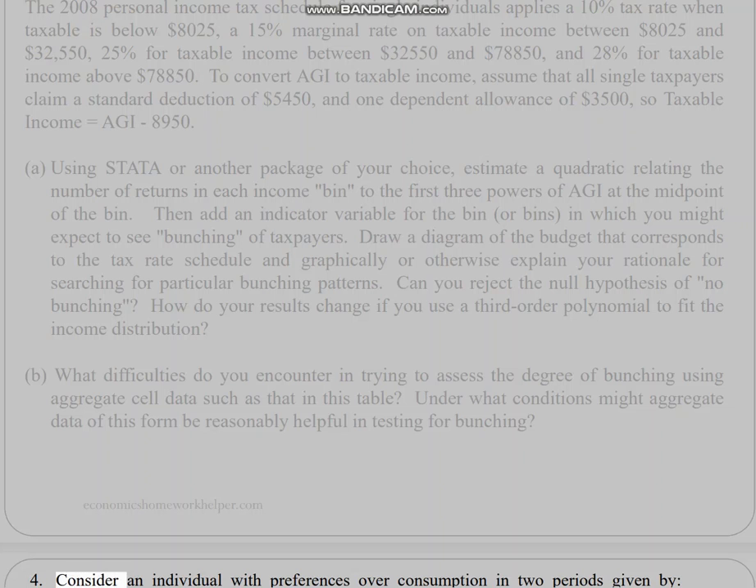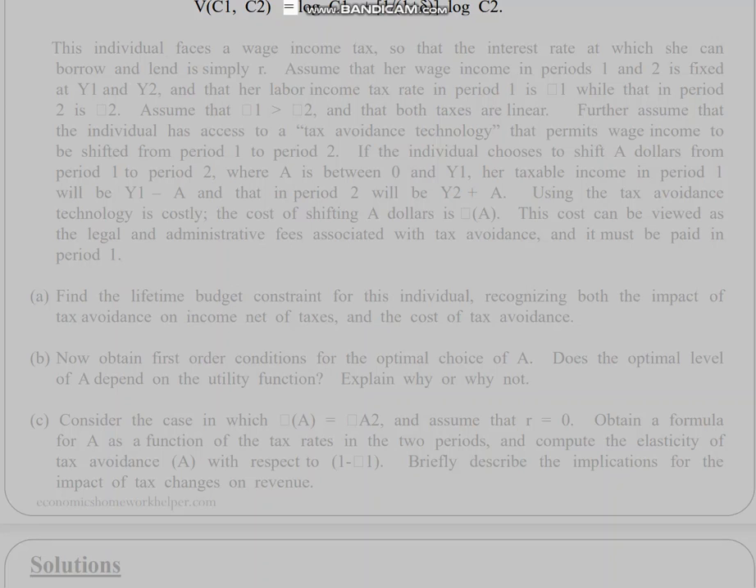4. Consider an individual with preferences over consumption in two periods given by V(C1, C2) equals log C1 plus 1/(1 plus delta) log C2. This individual faces a wage income tax, so that the interest rate at which she can borrow and lend is simply R. Assume that her wage income in periods 1 and 2 is fixed at Y1 and Y2, and that her labor income tax rate in